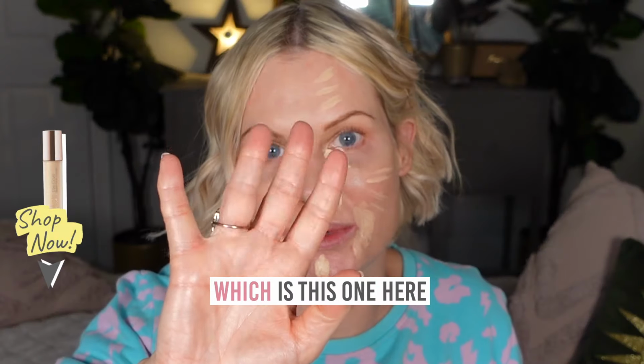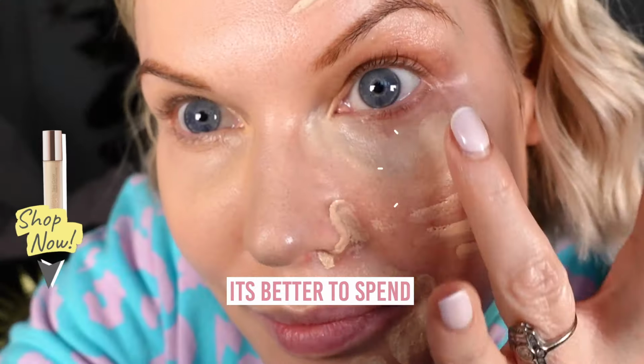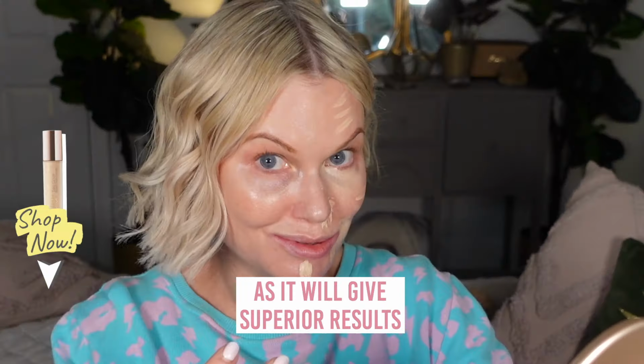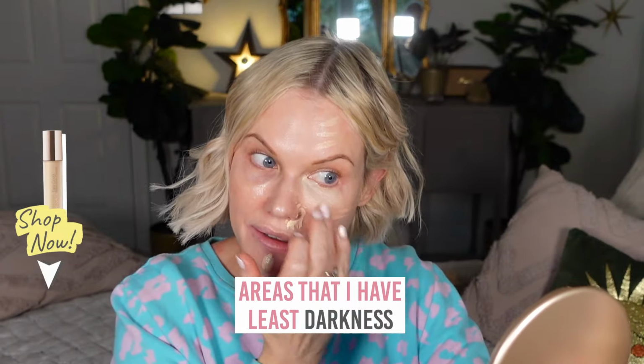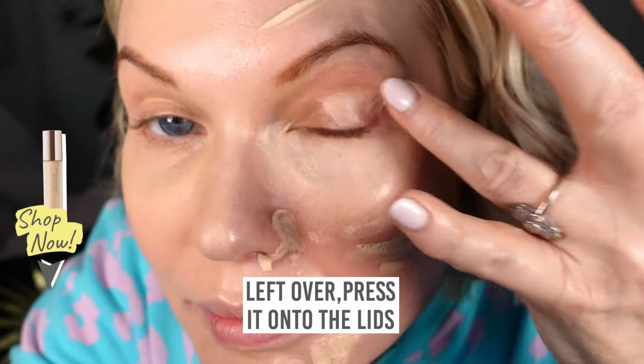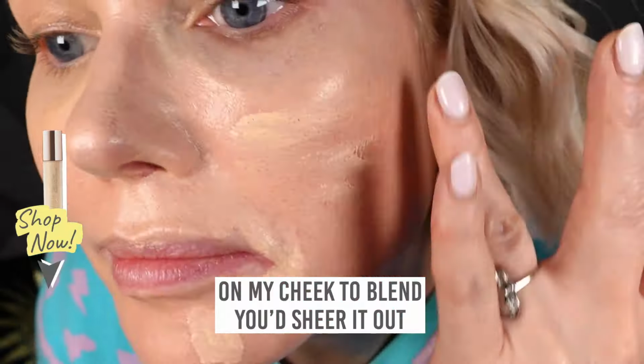Using your ring finger, which is this one here, pat in that concealer. It's better to spend a little bit more time doing this because it will give you superior results. Areas that I have least darkness, wipe and blend the concealer into those parts. With the leftover, press it onto my lids, around my nose again, I'm gonna pat on my cheek, and then